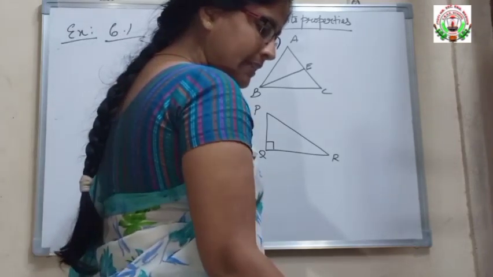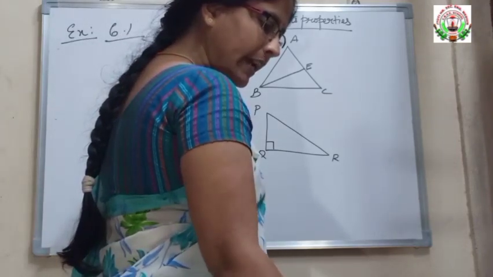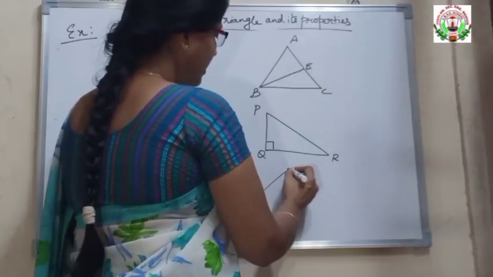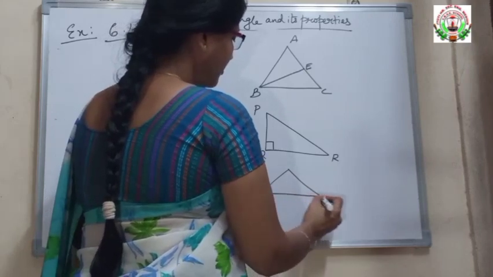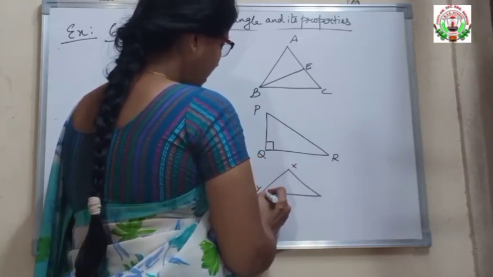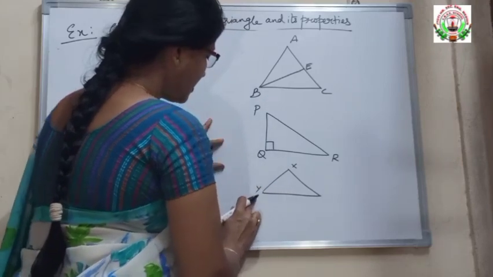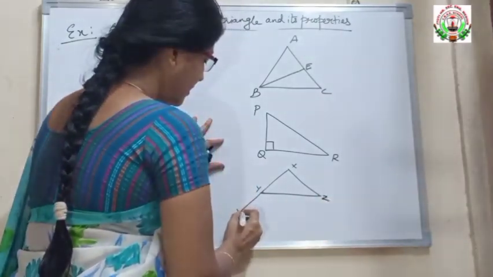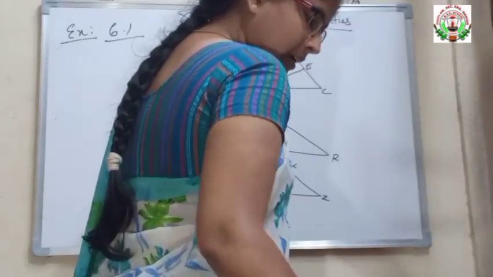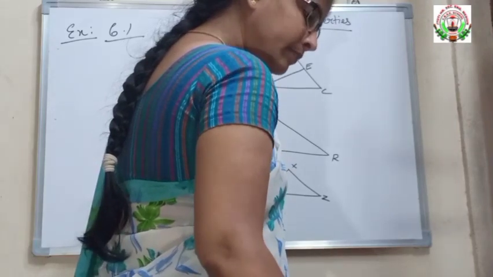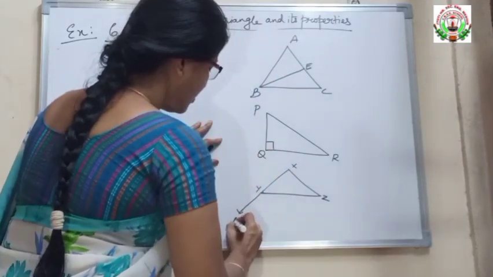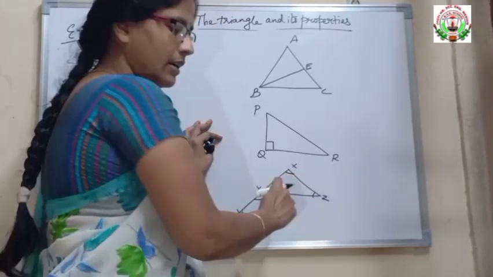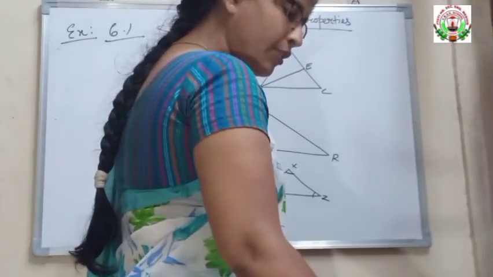Next, in XYZ, YL is an altitude in the exterior angle. So X, Y, Z. So in the triangle XYZ, exterior angle they have asked, Z here, and they have told you YL. So this is L. This is an exterior angle. This one angle, this one angle, this one angle. So this is the figure that you have to draw for your second question A part.